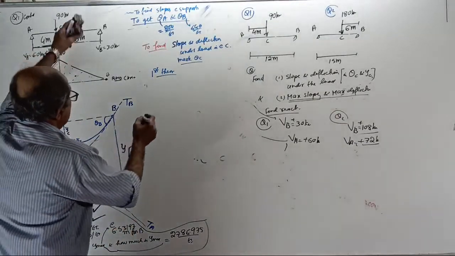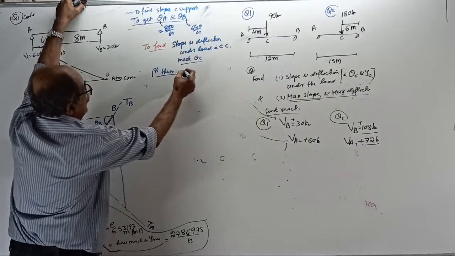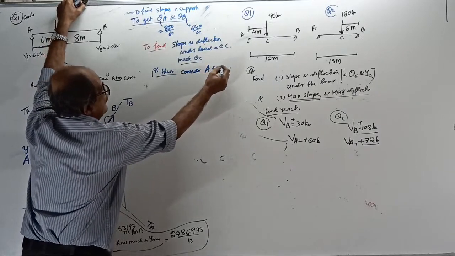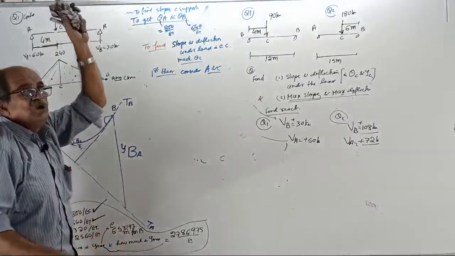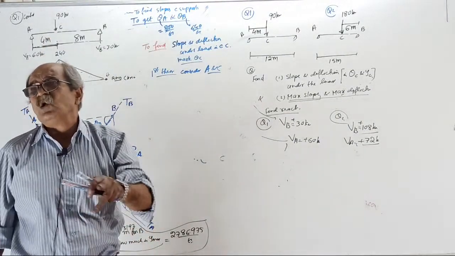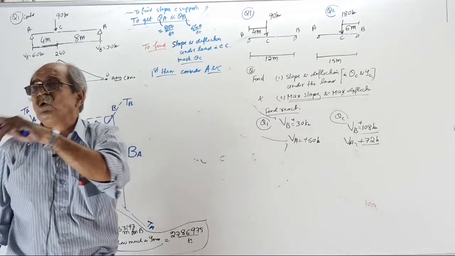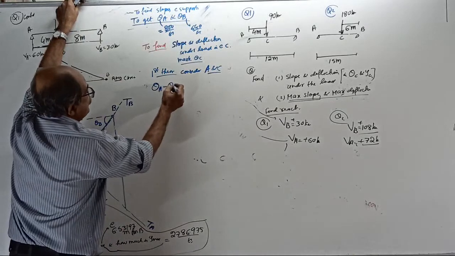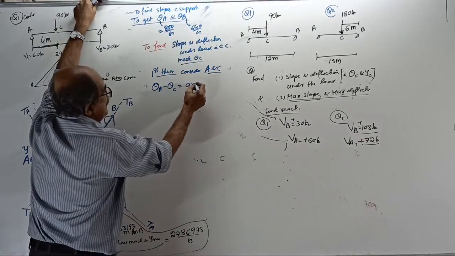If you apply the first theorem, consider the points A and C. I told you earlier, for symmetry or unsymmetry, if you want slope at any point, consider that side support and that point. Then theta A minus theta C equals area of